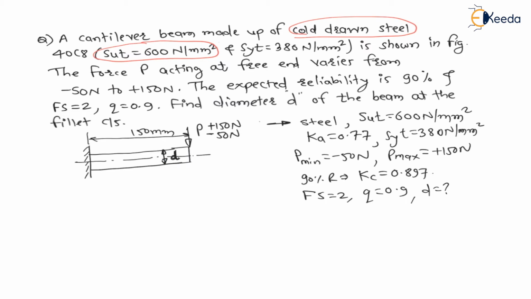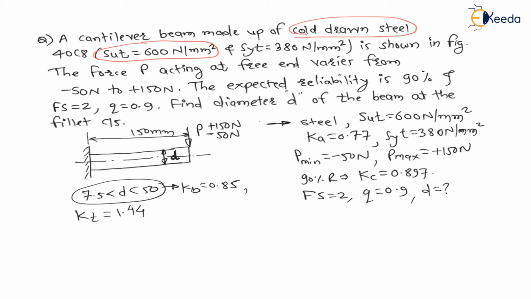What is the diameter D? Let us assume this diameter is more than 7.5 but less than 50. This is just my assumption, and for this assumption the size factor will be 0.85, right? Don't worry about all these factors, because in the examination they will provide you all the factors directly in the question. Then for such dimensions and such loading, they will provide you the Kt value, that is the theoretical stress concentration factor, and in the question here they provided the Kt value equal to 1.44.